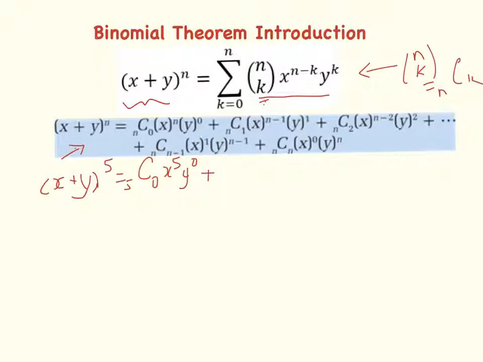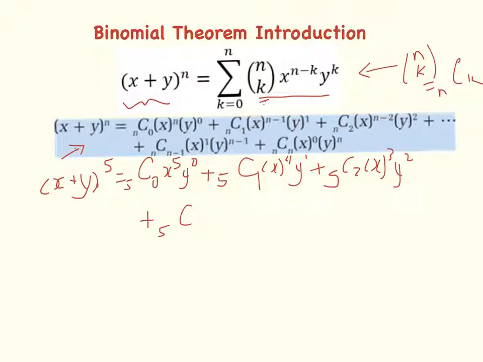Our second term will be 5 choose 1 times x to the 4th y to the 1, plus our third term, which will be 5 choose 2 times x cubed y squared, plus